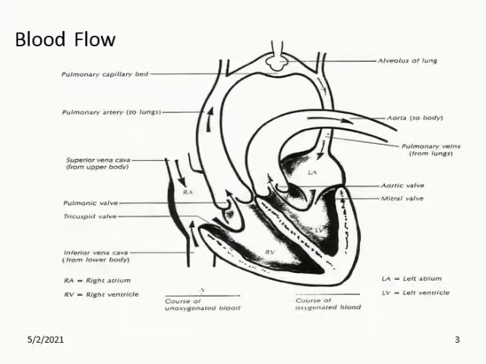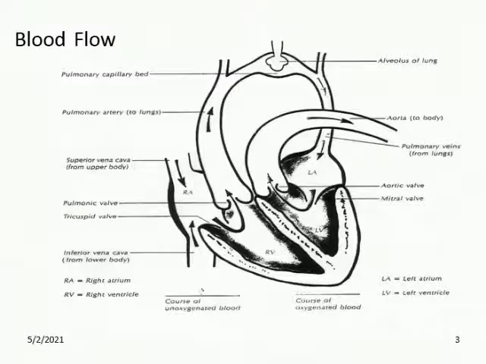Blood flows through the four chambers of the heart, and the circulation of blood is divided into two types. These are pulmonary circulation and systemic circulation. Blood enters the right atrium and passes through to the right ventricle. The right ventricle pumps the blood to the lungs where it becomes oxygenated. This oxygenated blood is then brought back to the heart by the pulmonary veins, which enter the left atrium. This part of the circulation is known as pulmonary circulation.